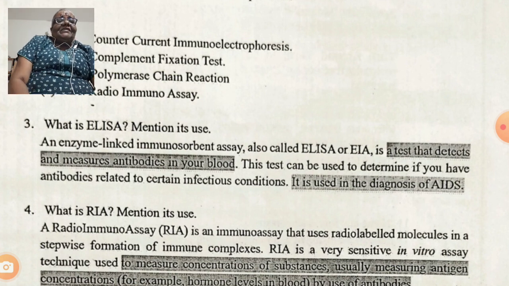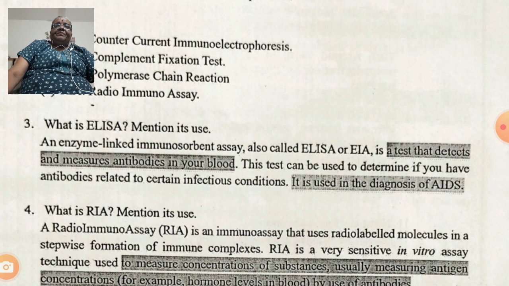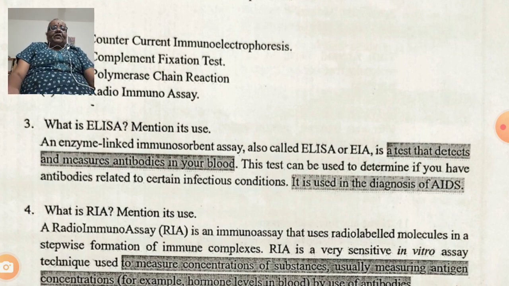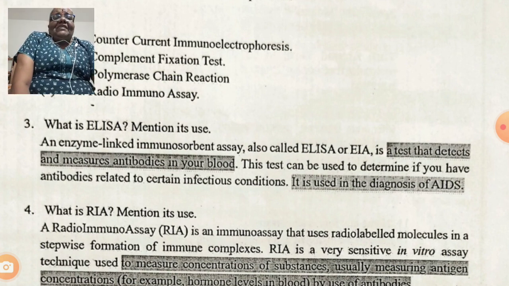What it does, it detects and measures antibodies in your blood. What are antibodies? Antibodies are protein molecules that are produced by your B lymphocytes as an immunological response to the antigens, that is toxin proteins released from bacteria, right? So whenever pathogenic bacteria invade your body, there is an inbuilt police department, that is nothing but the immune system, and